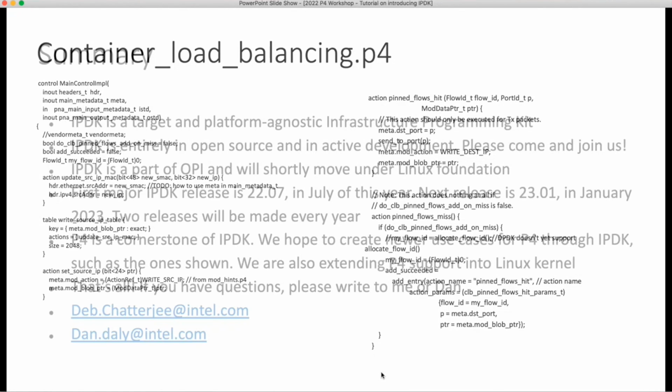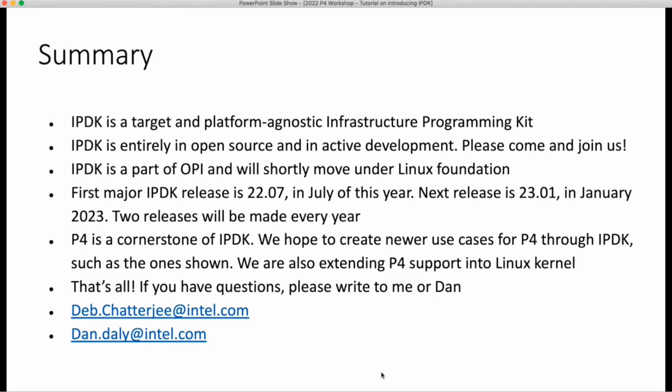So we are at the end of our journey. I have told you that IPDK is a target and platform agnostic infrastructure programming kit. You now know that IPDK is entirely in open source and in active development. Please come and join us. I have introduced OPI and told you that IPDK is a part of OPI and OPI will shortly move under Linux Foundation. One developers conference for OPI has already taken place in March 2022, and there will be 2 conferences